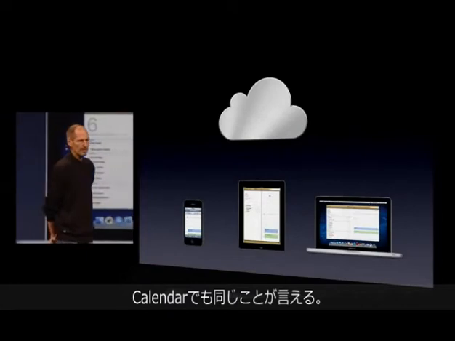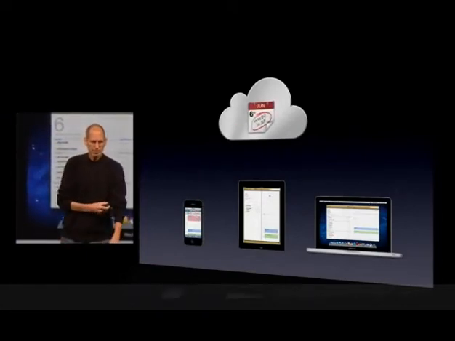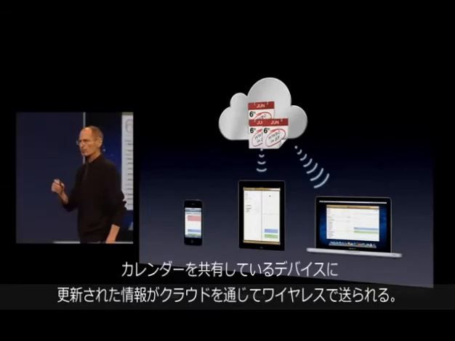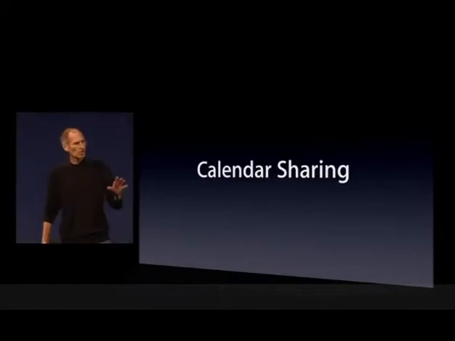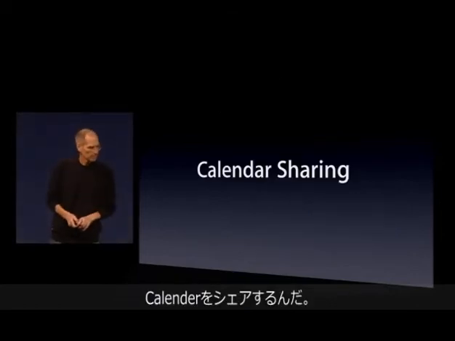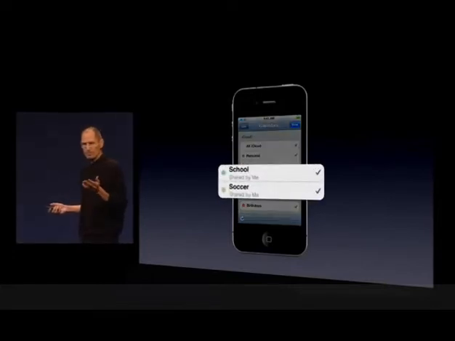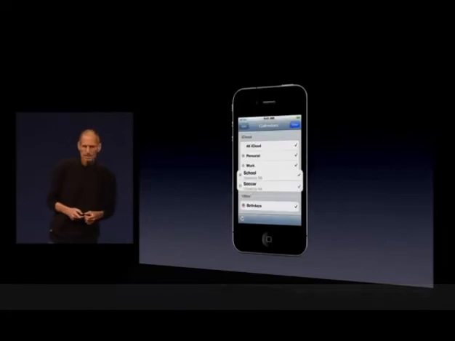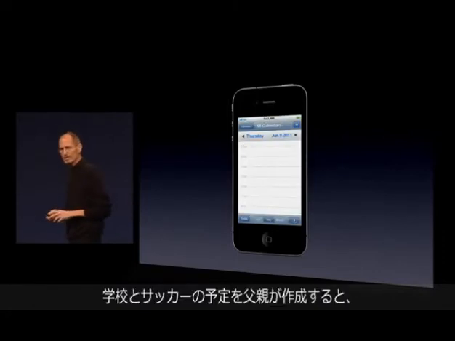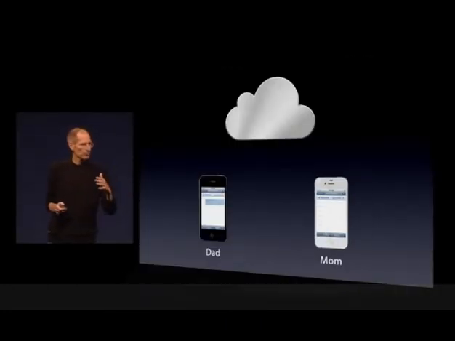Here's Calendars. Works much the same way. I make a new calendar event on my iPhone. It's stored in the cloud, and it's pushed to my other devices. Pretty cool. We've also added calendar sharing. So as an example, if I'm sharing a few calendars with my wife, school and soccer calendars, let's say, right? And I add a new calendar for a teacher-parent conference on my phone. It's, again, automatically pushed up to the cloud